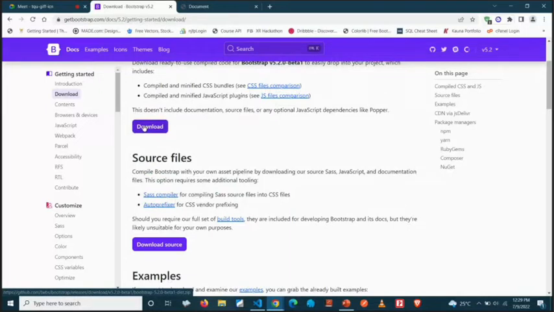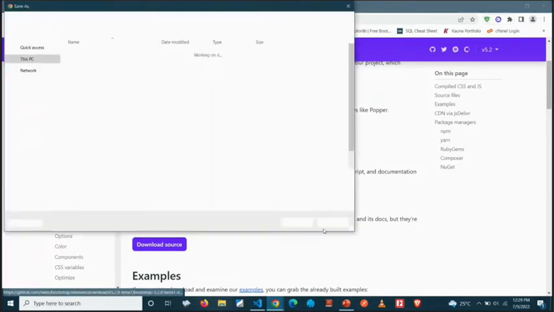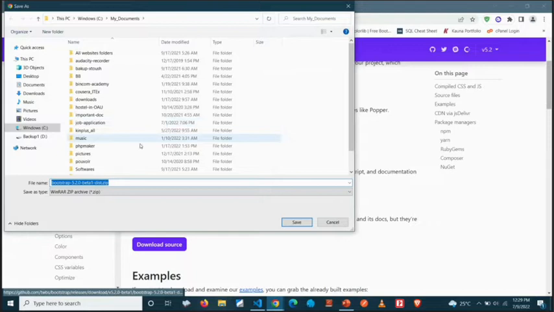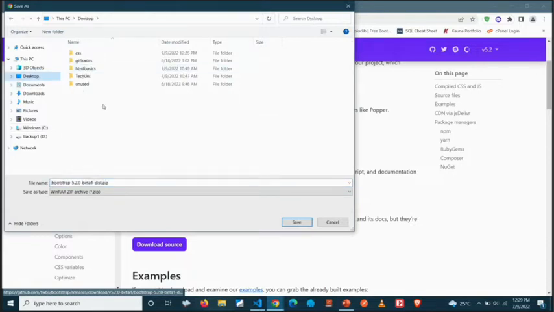By the time you click on download, it will download it so you can choose where to store it, but I have already downloaded it, so I will not have to download it